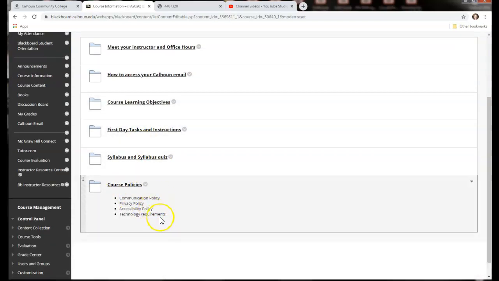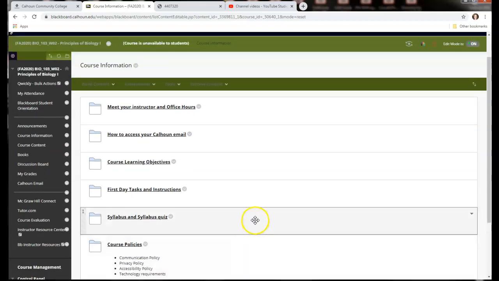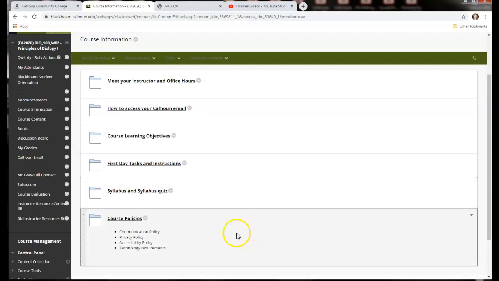Course policies, I have them listed here for you if you're interested. The college makes us put these in the Blackboard shell. So technology requirements are here, accessibility, privacy policy for the outside services that we use like Connect, McGraw-Hill. The communication policy is worth looking at, but most of us know this by now. You know, don't type with all caps if you're talking to a student. Somebody might find that offensive, like you're yelling at them, right? Just be careful. And if you're communicating with either your instructor or a fellow student, really reread what you've written a couple times and make sure that it's not offensive or coming off in a way that you did not intend for it to.